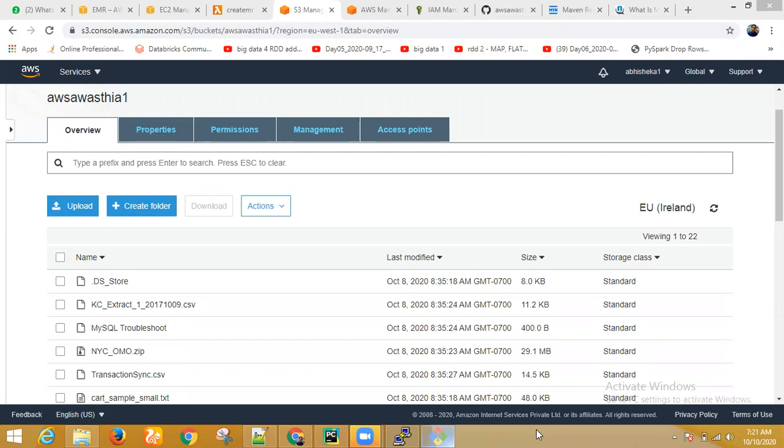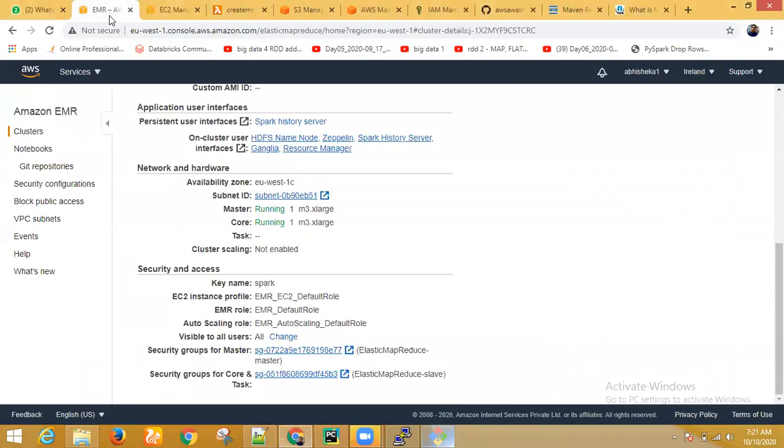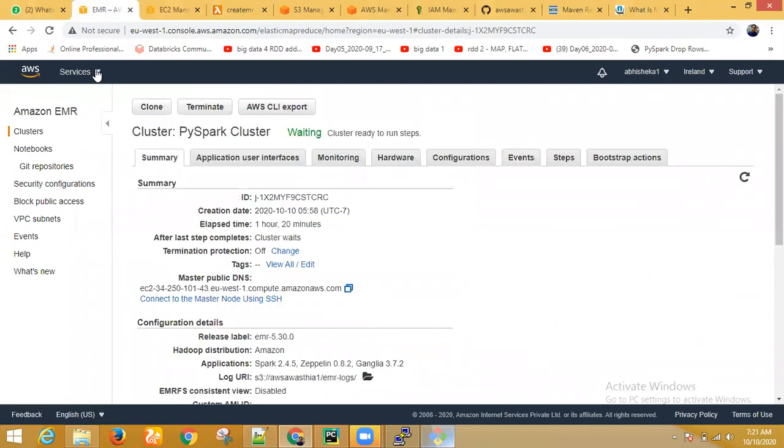Okay, so we just created a cluster. In that cluster, everything is there. You are just logging into a YARN cluster. These Putty connections and all these things you are doing to the EMR cluster. Here you can see on top of that EMR cluster, you have HDFS, Zeppelin, Spark, Ganglia, everything. It's the same cluster on top of which Hadoop, Hive, Pig, everything will be there.